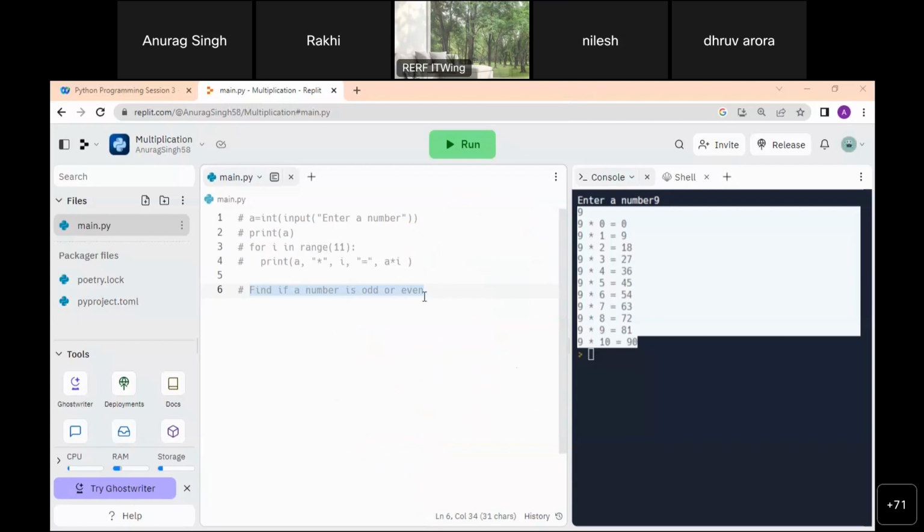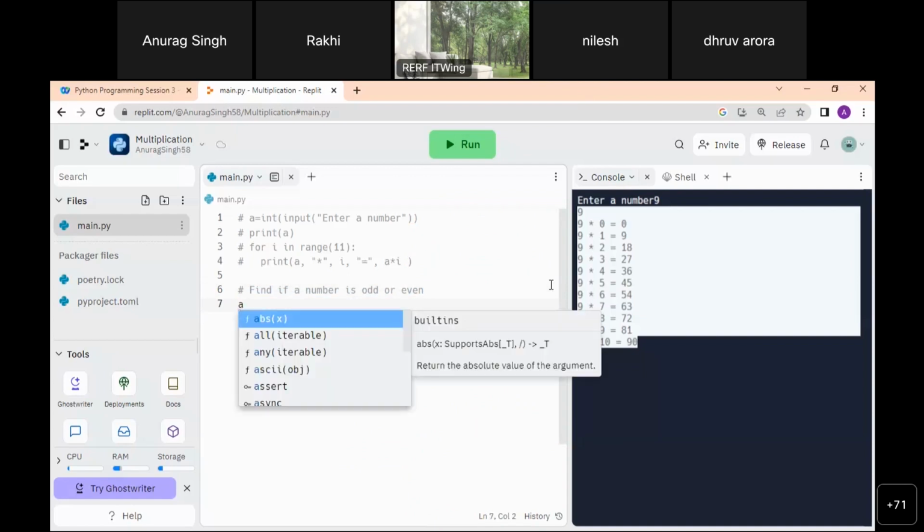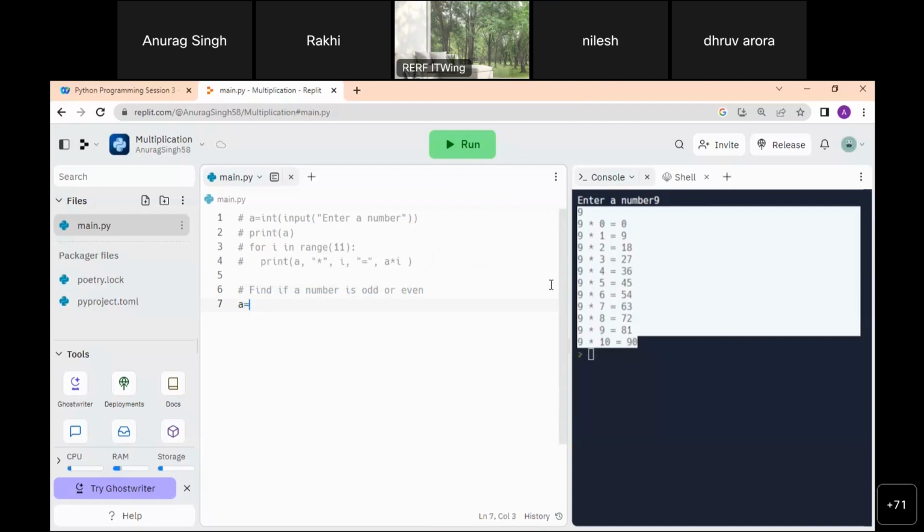I will just delete this one. Let's come back to the Replit. First of all, getting a number from the user, the same process. Okay. I can just copy this thing. Copy and paste is very important in programming. It saves a lot of time. So I'll just paste that. Okay. I got a number from the user, and then let's do